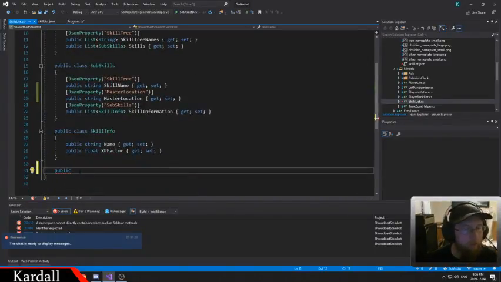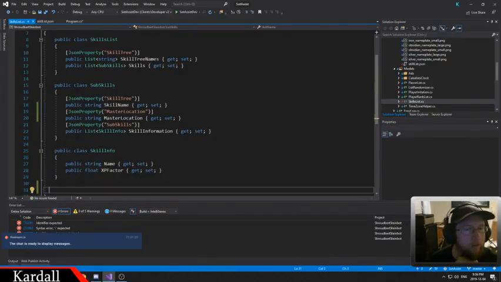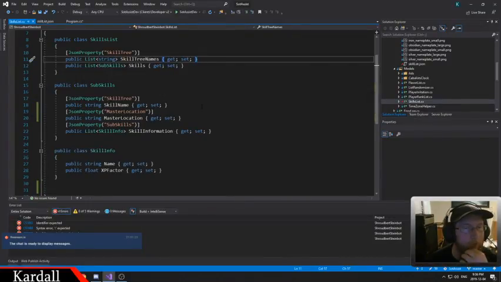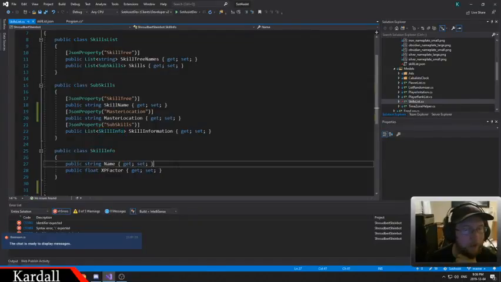It's in sub skills, is what the actual location is, right? Because you got your skills list, which has a list of sub skills. Skill tree has tree names. So it is the reference of the skill name, which is tree, has a master location, and then the skill information. Skill information is a list of different sub skills inside. So yeah, I need to return